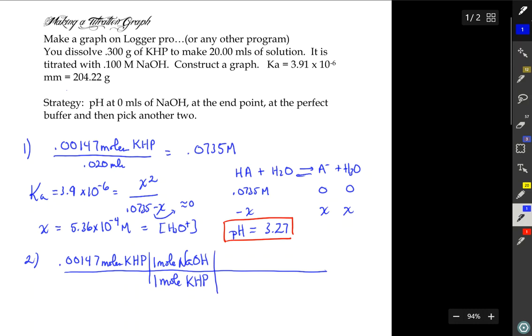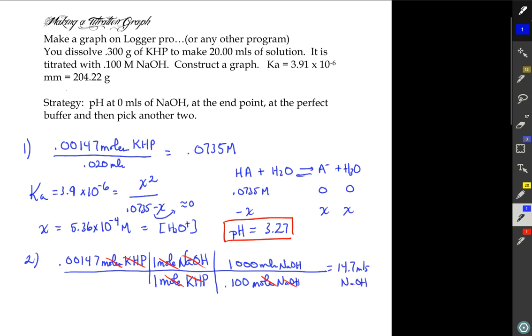Then I'm going to figure out how many mL of NaOH I have. So it's 0.001 mole, 1 molar solution, and 1,000 mL of NaOH. I'll cross out units, and we'll be left with mL of NaOH. We end up with 14.7 mL of NaOH